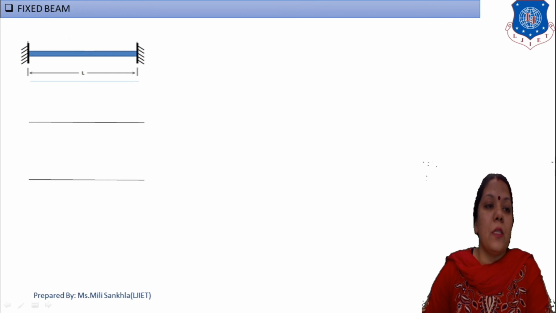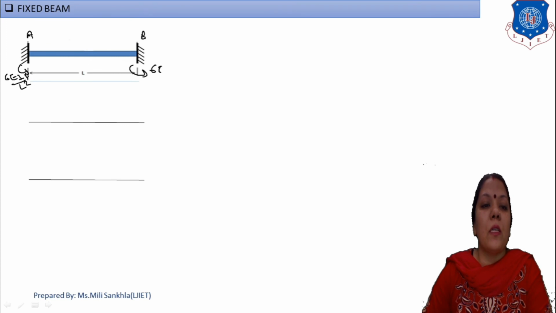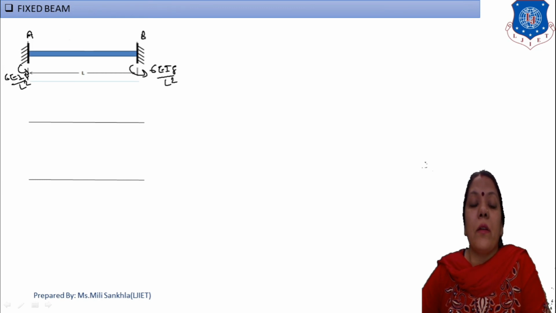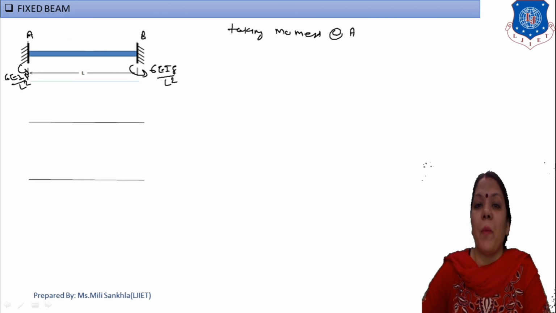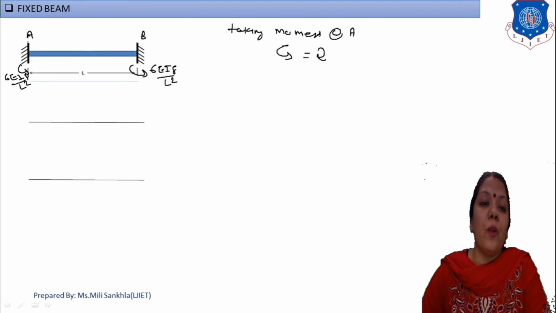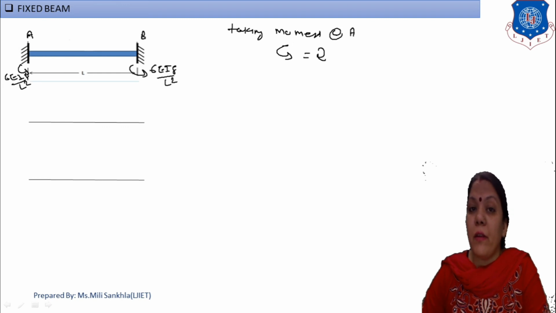Okay, this is our A point, this is our B point, and this moment we find out 6EI delta by L square, and this moment we find out 6EI delta by L square, distance L. Now write down here, taking moment about A. Moment can be found with respect to any point, taking moment about A, and here we balance our moment condition. Now anti-clockwise moment is equal to clockwise moment. Suppose support B rotates in anti-clockwise direction. This is my assumption only. If I am wrong, I will change the direction.